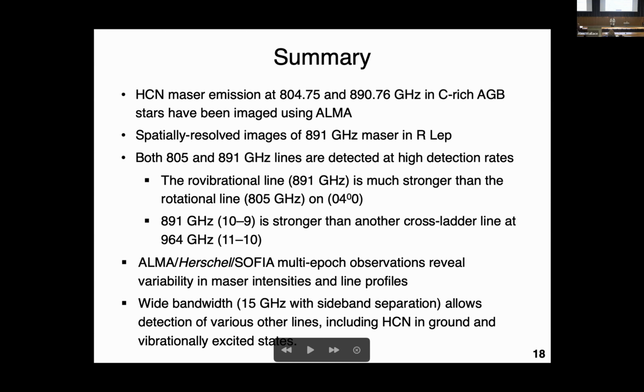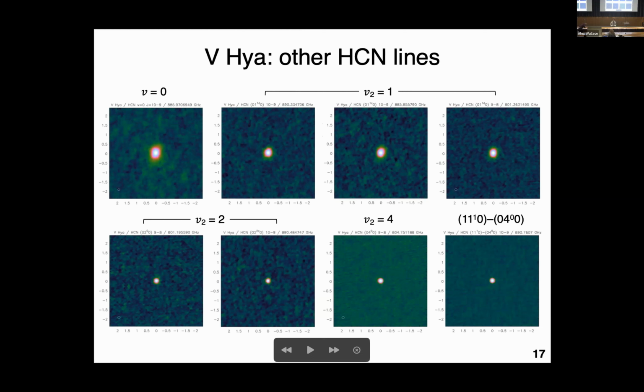Thank you. How high are the brightness temperatures? I think it depends on the source, but for IRC 1016, I think it's up to 10 to the 8,